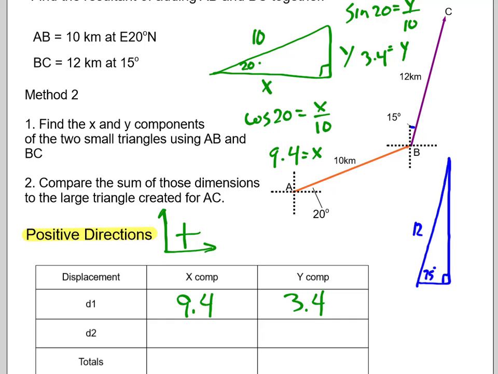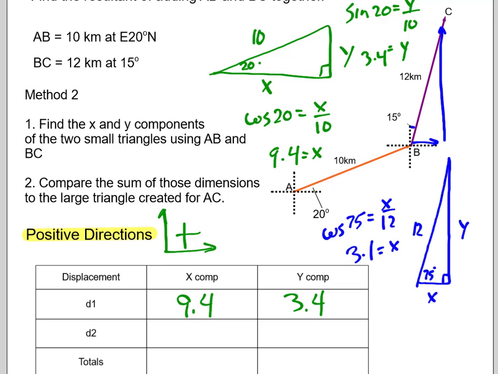This is 12 kilometers here. This is my y, this is my x. Okay, so let's go cos 75 is x over 12. I got 3.1. Okay, and then again, I'm looking at this as going this direction from here to here, so